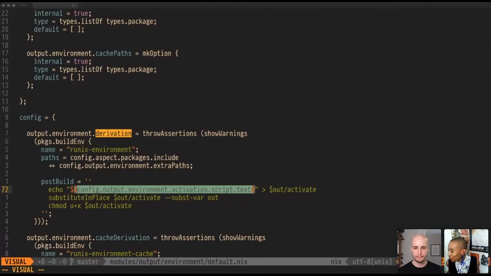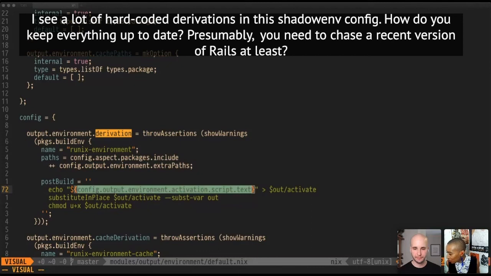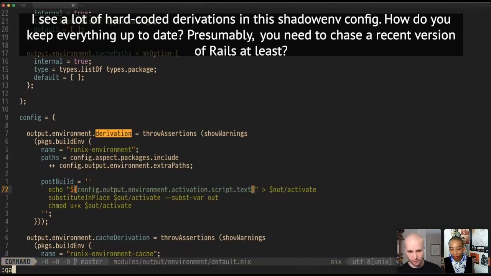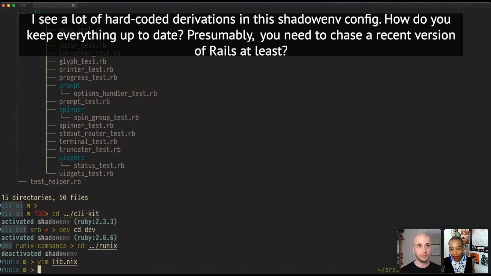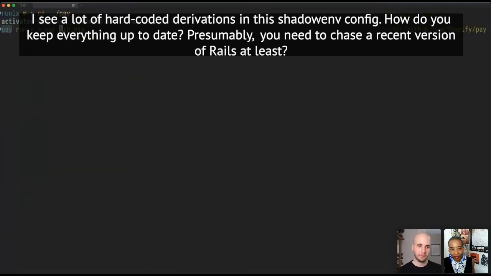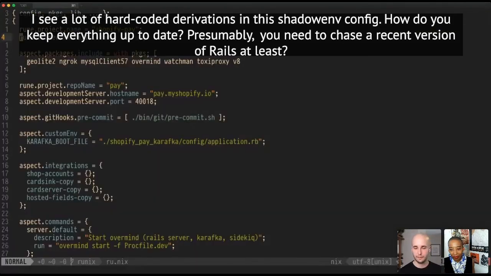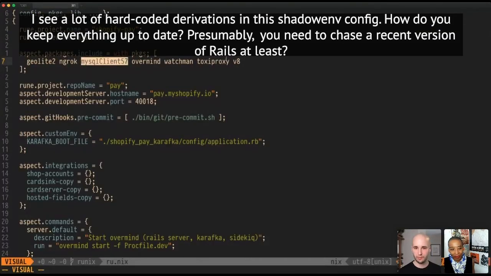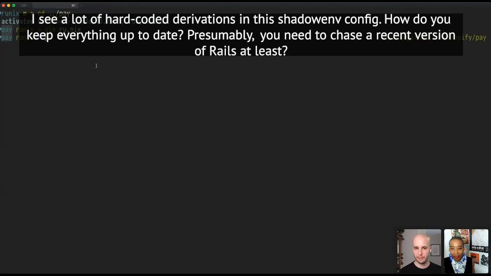Next question is from Mike. I see a lot of hard-coded derivations in this shadow env config. How do you keep everything up to date? Presumably, you need to chase recent versions of Rails at least. Yeah. So, okay. First of all, let's go to pay. So when we look here, these like GeoLite 2, MySQL Client 5.7, V8. Well, V8's not even a version, but these change very infrequently. As far as hard-coded versions, most of the stuff that changes with any regularity, I won't show you our gem file.lock maybe, but basically we have